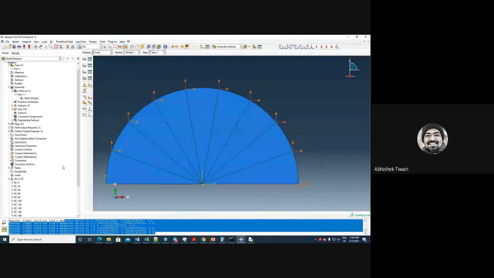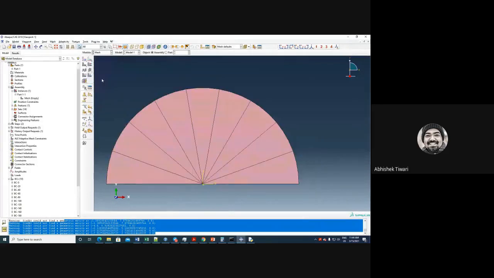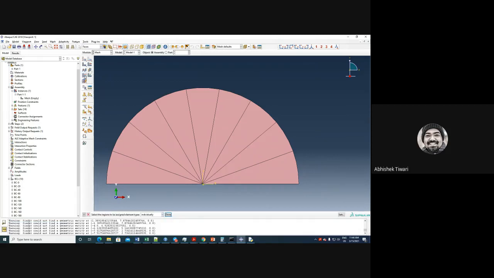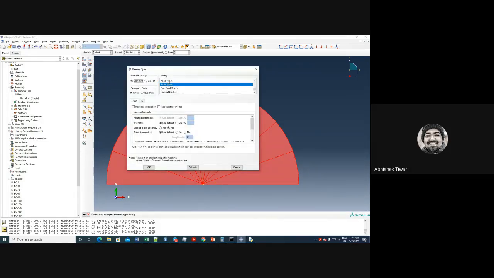So this is done. Now let us go to meshing. And I'll also tell you, without partitioning, how will you do it? A little bit you have to find out. But in this case, a few things should be controlled for meshing. We want plane strain, so you have to change this. Because there is a crack in the system, it cannot be in plane stress. If it is a tensile model, it will be in plane stress, but in this case, it will not be. So CPE4R is okay.